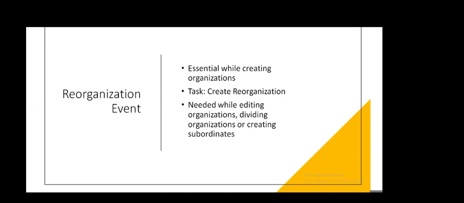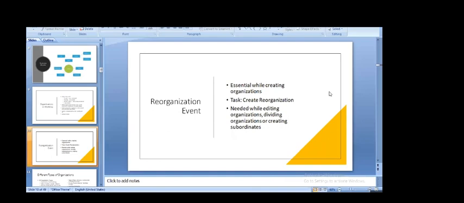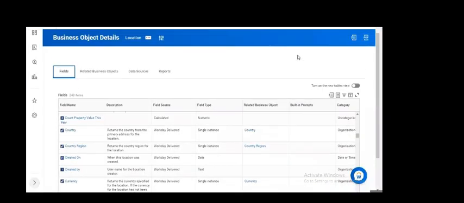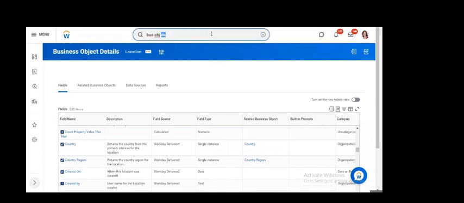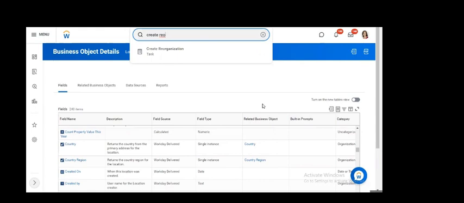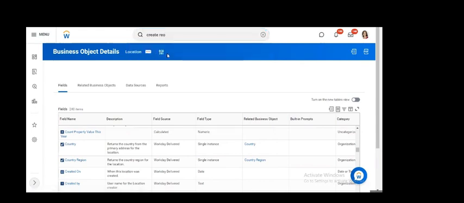If you have access to the tenant, I request everybody to create a reorganization event of your own. I'll just show you how to do that. In the search box, just type in create reorganization. You can just type in create reo, and that will come up. In the create reorganization section,